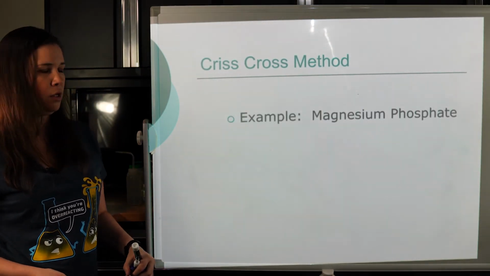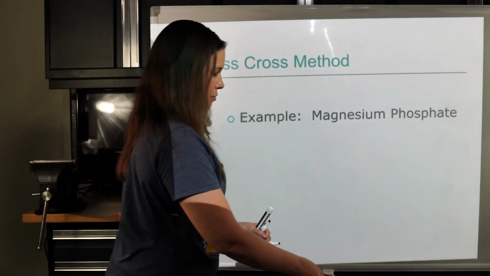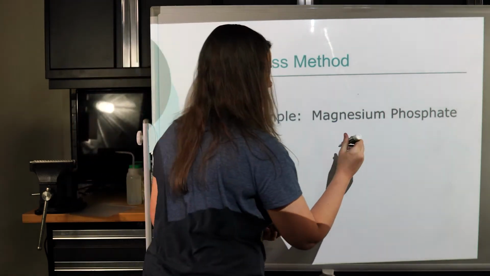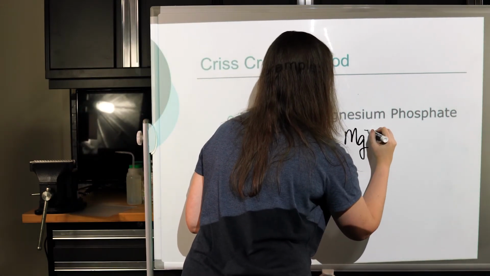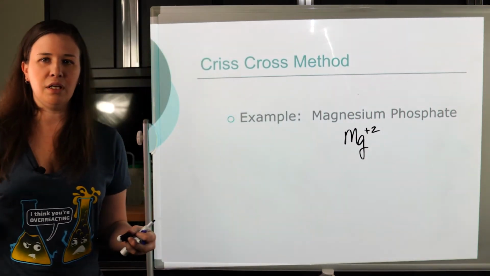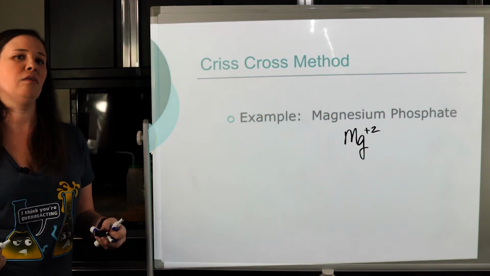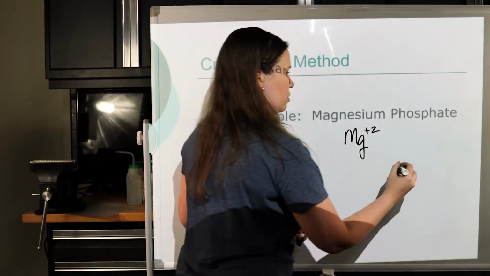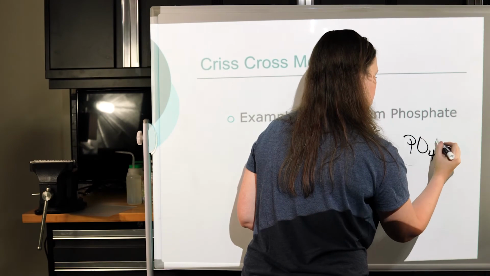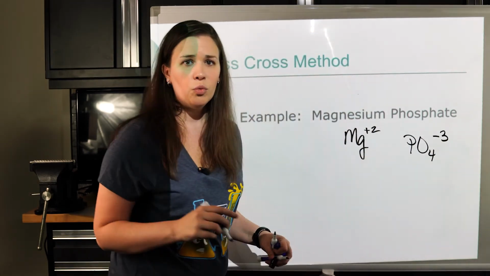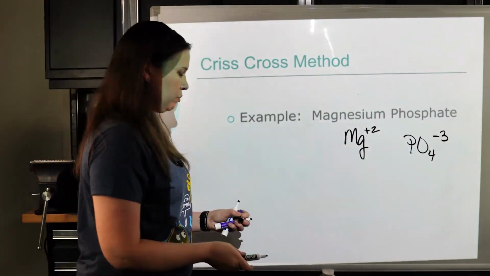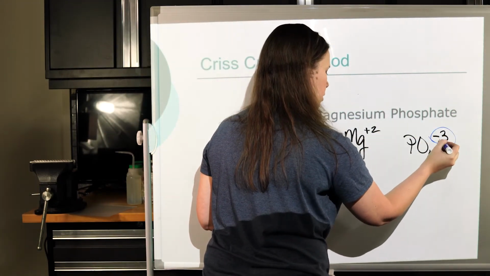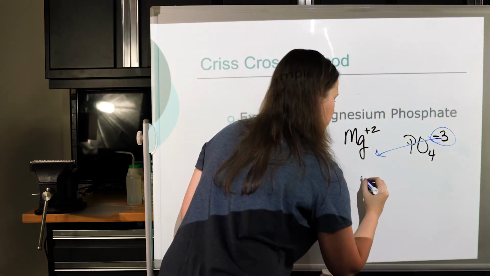Let's also try one with a polyatomic ion, magnesium phosphate. So magnesium is in the second group of the periodic table, so it's Mg+2. But then phosphate is one of your things to know and love. So you're supposed to be able to know what phosphate is off the top of your head. So phosphate is PO4 -3. The charge was part of what we memorized. So now when we crisscross this, you're going to take your -3, or the 3, to be your subscript for your magnesium,